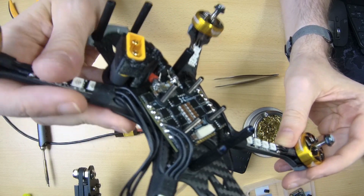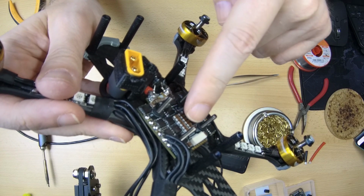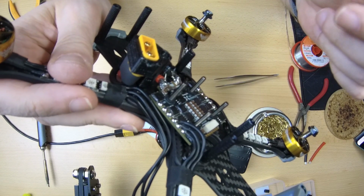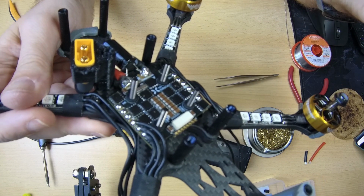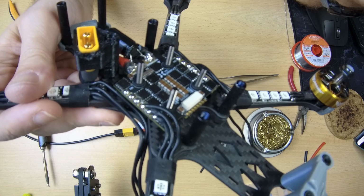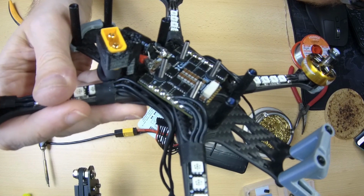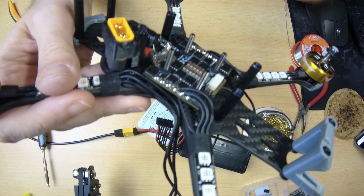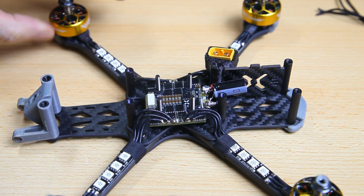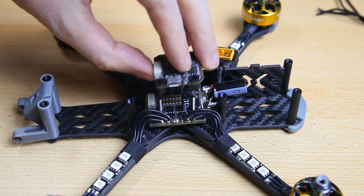I can do this, of course, because my flight controller is very small. These wires won't get in the way of my flight controller. And yeah, should work. Okay, so what I'll do next is I'll solder up the other 4 motors, and then I'll show you what that looks like. And there you go. All my 4 motors are now soldered up, and if I add